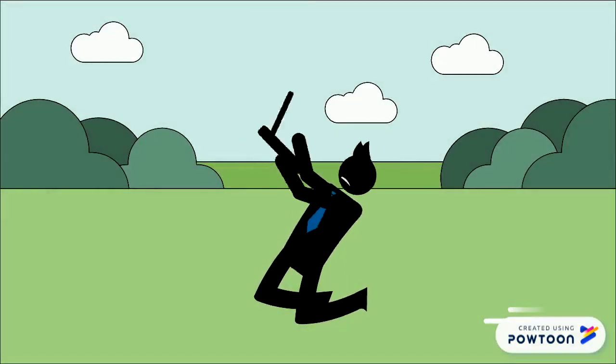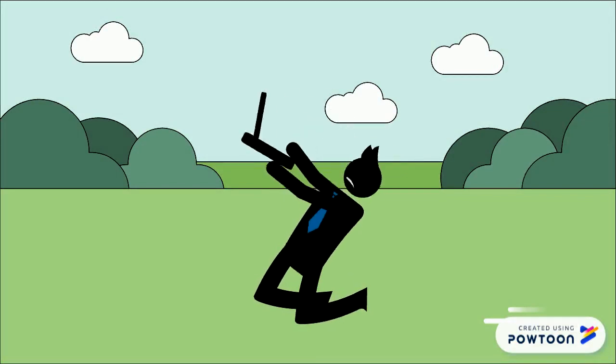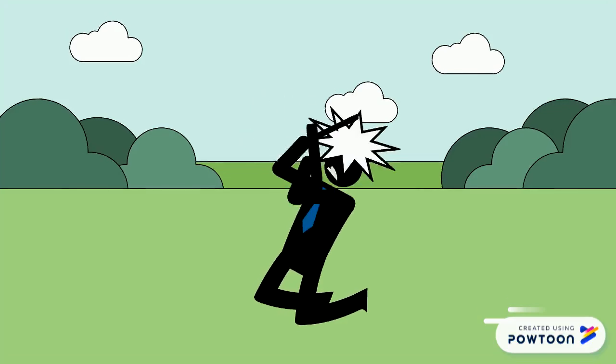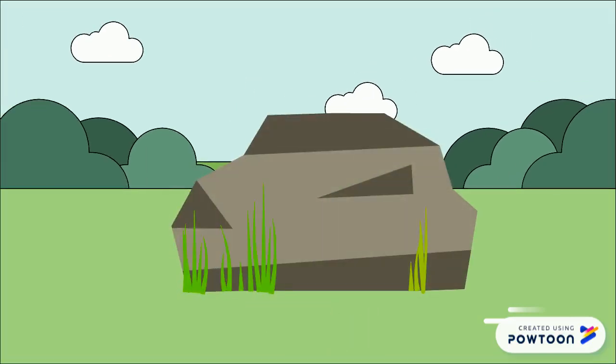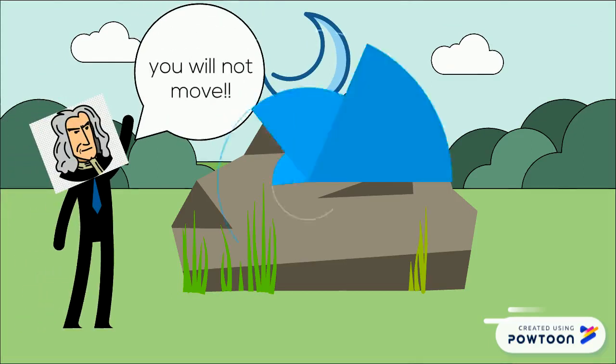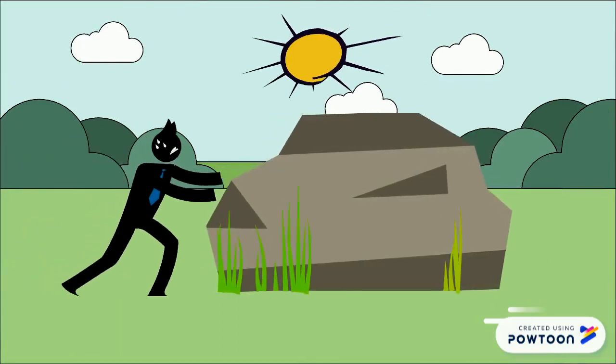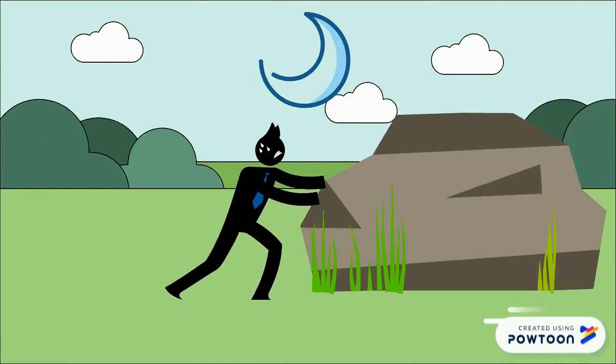So, after knowing these terms already, let's get to the previous examples and find out how Newton's first law of motion works. Just like I mentioned before, we can say that this boulder is at rest, as it is not moving in any direction. Newton's first law states that an object will remain at rest unless acted upon by an external force, which means that this boulder will remain at rest unless there is an external force acting on the boulder. Just like how pushing the boulder with enough force will make the boulder move and not remain at rest.